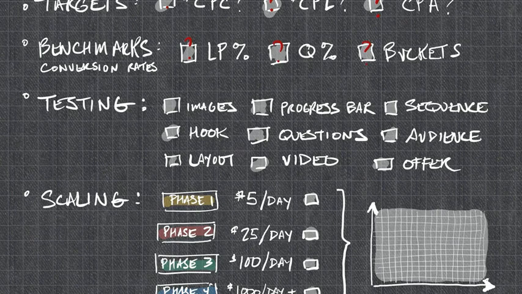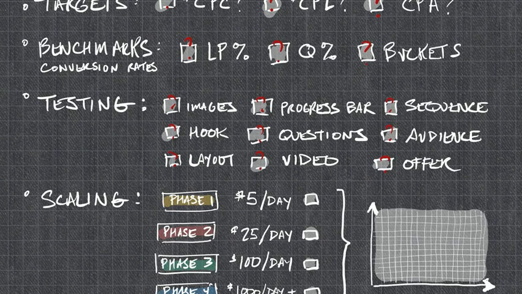It's not uncommon for me to create a quiz that doesn't hit a home run out of the gate. So the question is, what do you test first? Do you test your images? Do you test adding or removing a progress bar, the sequence of your questions, test the hook, the questions themselves? Do you try a different audience? Do you try a different quiz layout? Do you switch from video to non-video or vice versa? Do you change your offer? Again, we have a systematic step-by-step testing protocol that we go through with our students and clients to walk through